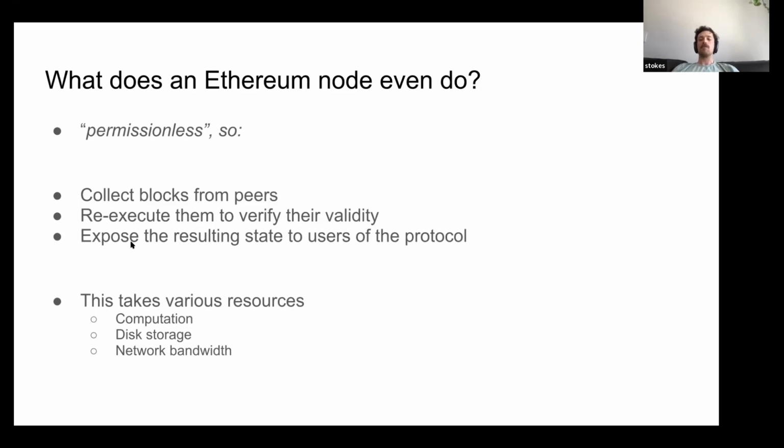And then importantly, once your node has executed things and determines what the state is, that state is exposed to end users. And so that's where, when we do things like build Uniswap dApps, we can say, oh, here are all these liquidity pools, here are these trades that happened, and we can actually build applications with this stuff. So it's actually quite important that people can actually interact with the state.